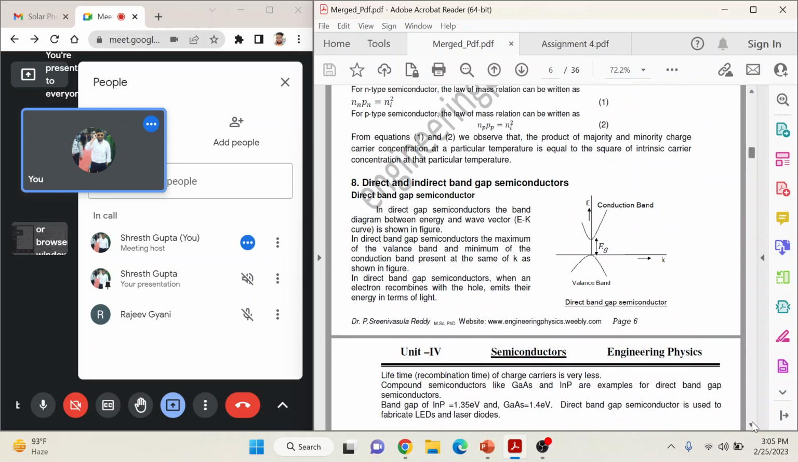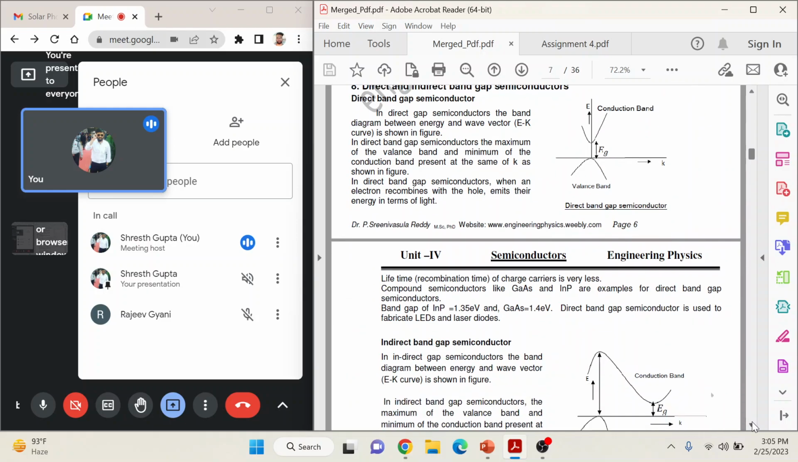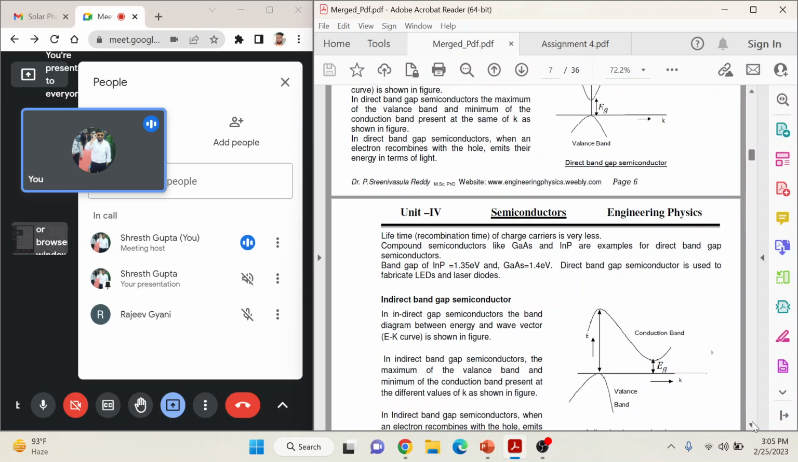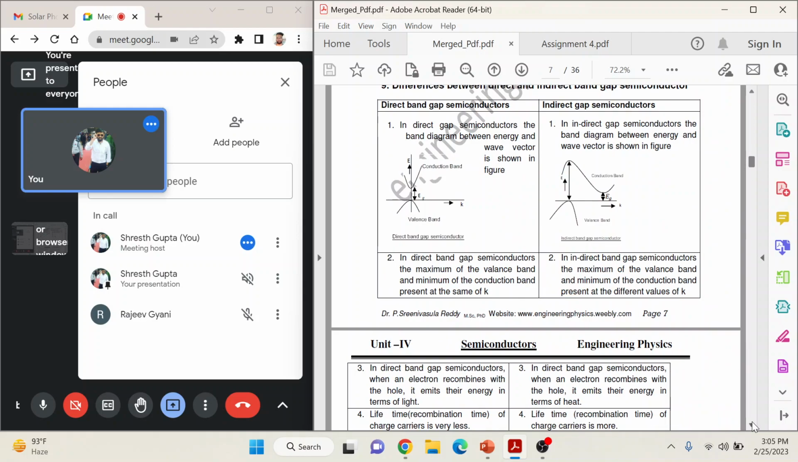And then there are direct and indirect band gap semiconductors. Please go through it. If you have any confusion, feel free to email me: what is a direct band gap semiconductor and what is an indirect band gap semiconductor and the difference between them. Okay,